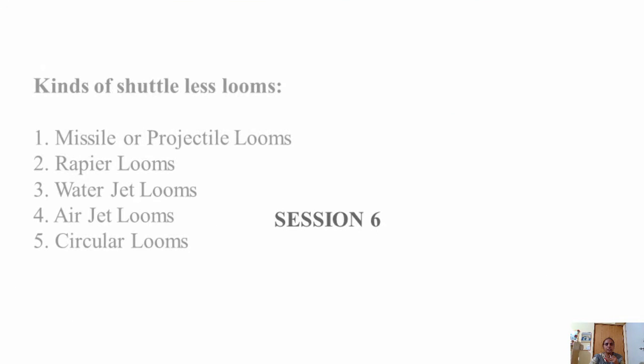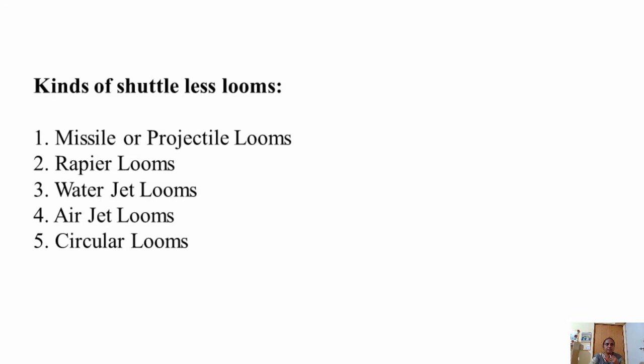We have already learned about the looms, types of loom, differences between the hand loom and the power loom, shuttle loom and shuttleless looms, parts and functions of the loom, preparation for the weaving and motions of the weaving. So, in order to overcome the disadvantages of the shuttle loom, many shuttleless looms were developed. Instead of the shuttle, we are using some devices to carry out the same function of the shuttle, that is, inserting the weft yarns with the warp yarns.